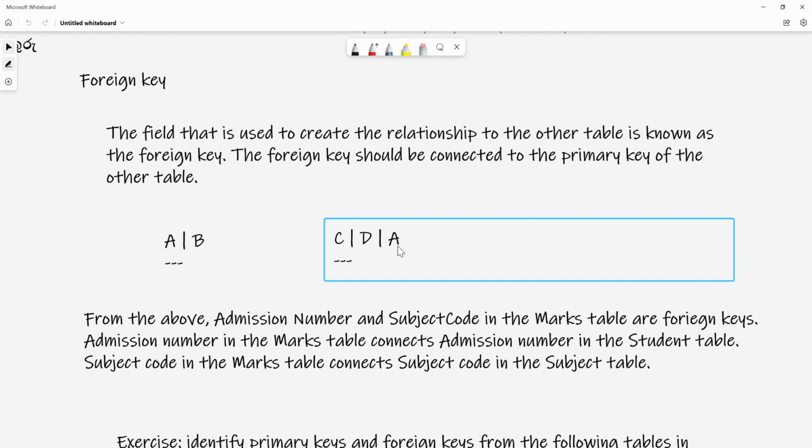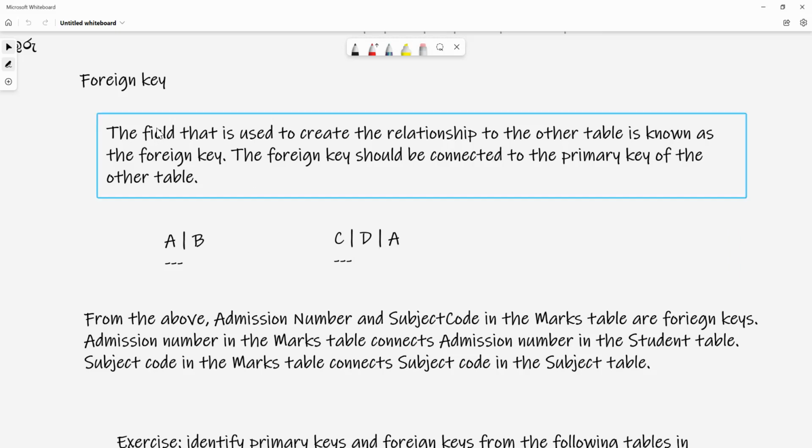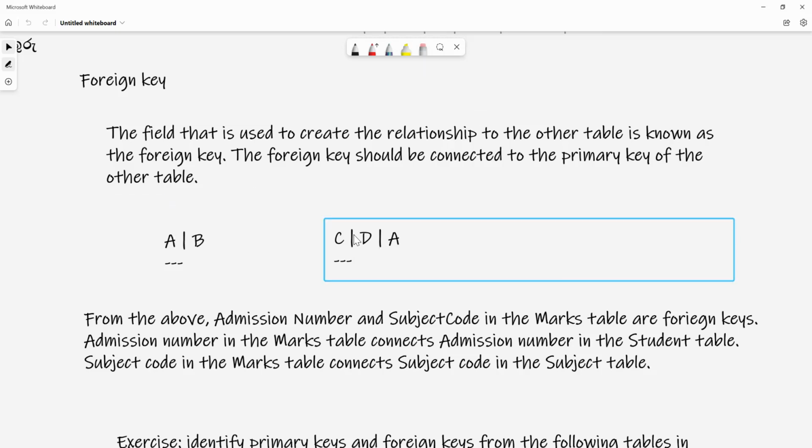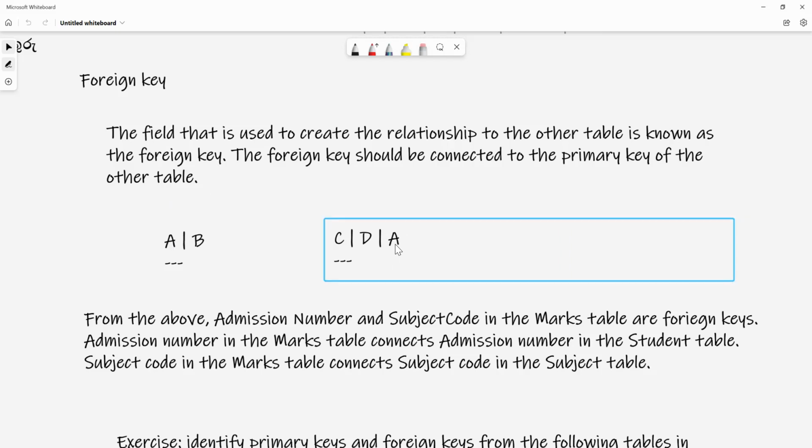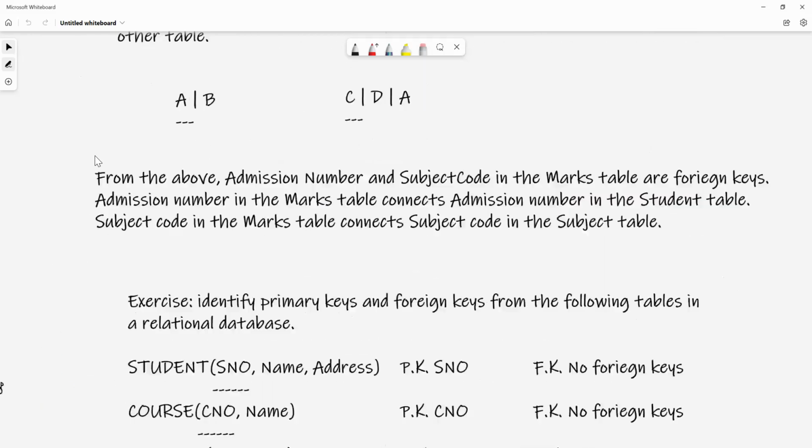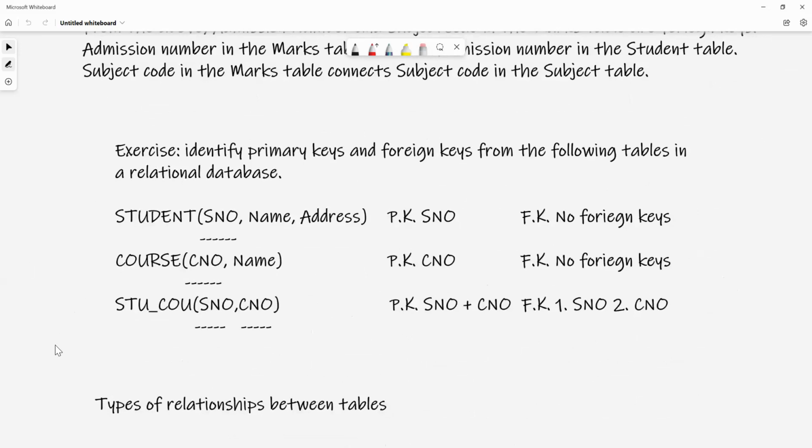You don't have to have the same name though, but you have to have the data coming from the same, what we call, domain. In this particular case, you see we have A and A, which makes the connection. So the possibility for the foreign key is this one and this one. But then we know that this is the only field which connects to the primary key of the other table. So this is the foreign key. So we were discussing this example,